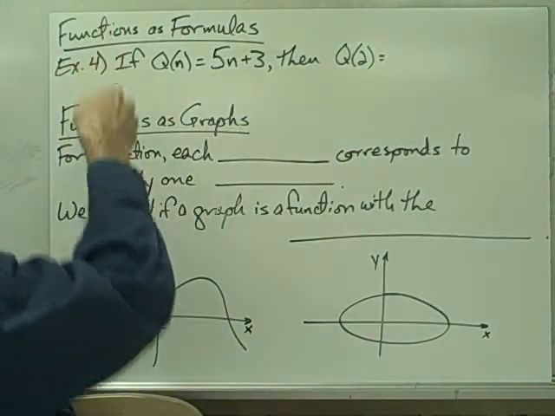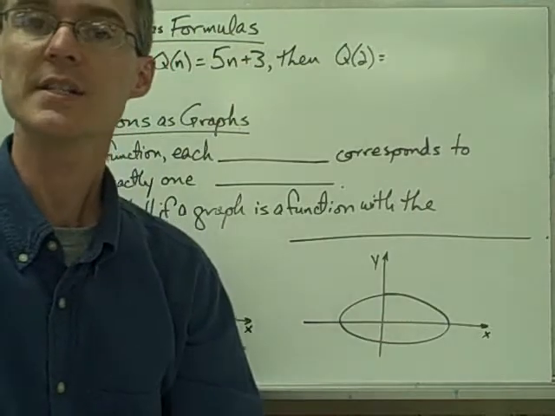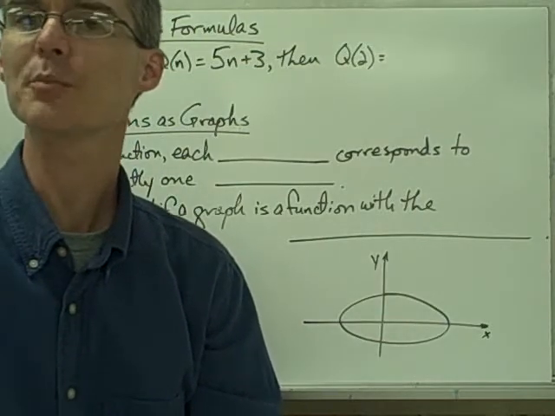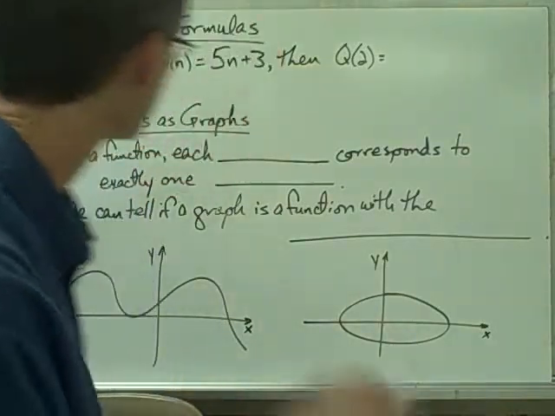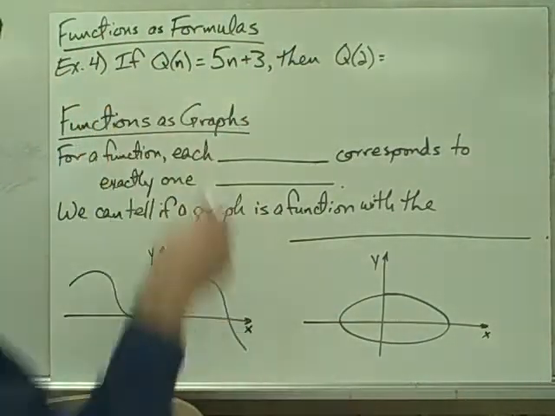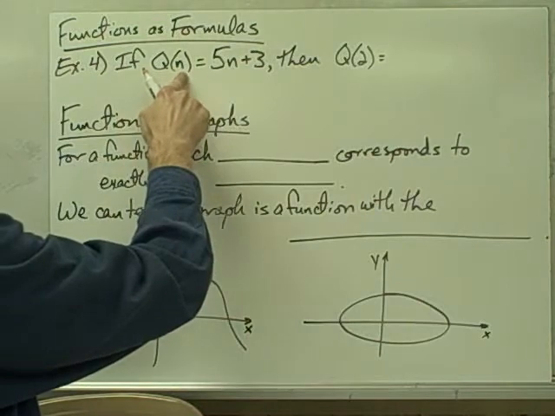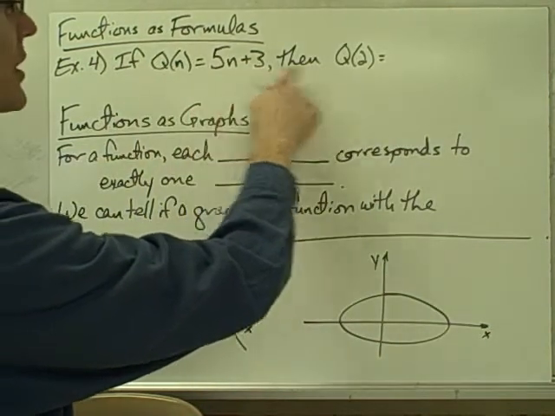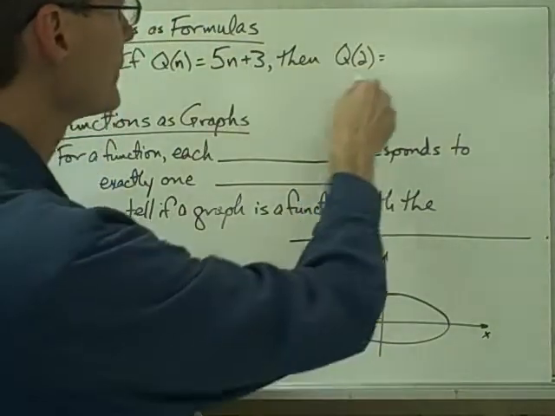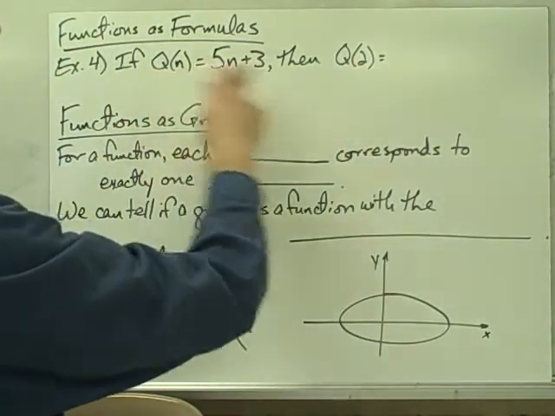Now, we talked about how the function is a type of rule, and there are different ways of expressing that rule. One way of expressing the rule of a function is as a formula. If we express this function here, q of n, as this formula, q of n equals 5n plus 3, then we can say q of 2, well, if we want to know the value of q